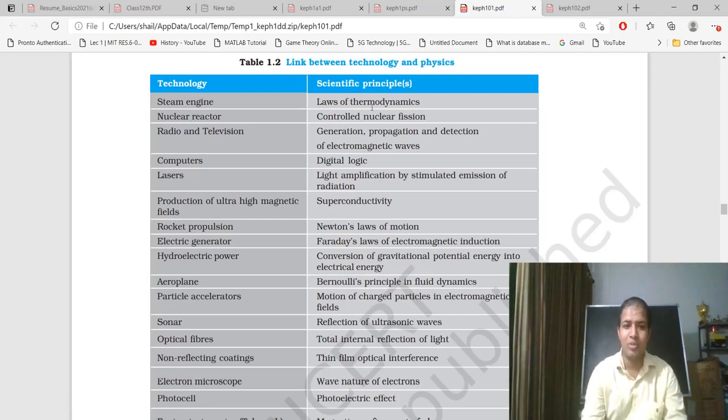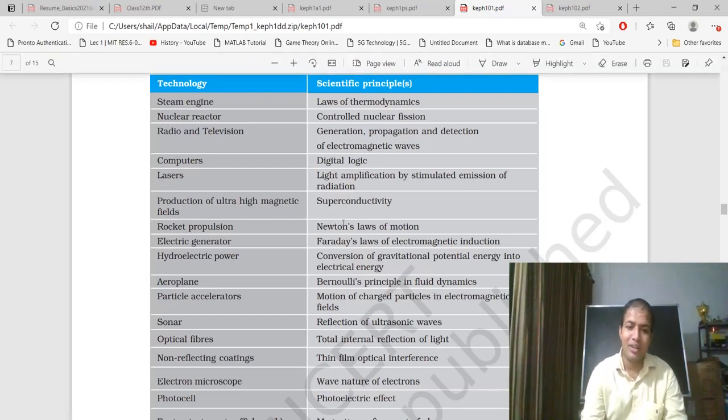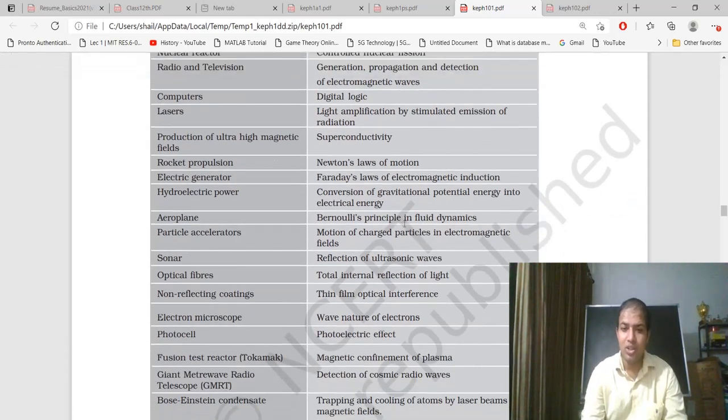Steam engine, law of thermodynamics; nuclear reactor, controlled nuclear fission; radio and television, generation, propagation, and detection of electromagnetic waves; computer, digital logic; lasers, light amplification by stimulated emission of radiation; production of ultra-high magnetic field, superconductivity; rocket propulsion, Newton's laws of motion; electric generator, Faraday's law of electromagnetic induction; hydroelectric power, conversion of gravitational potential energy into electrical energy; aeroplane, Bernoulli's principle of fluid dynamics; particle acceleration, motion of charged particles